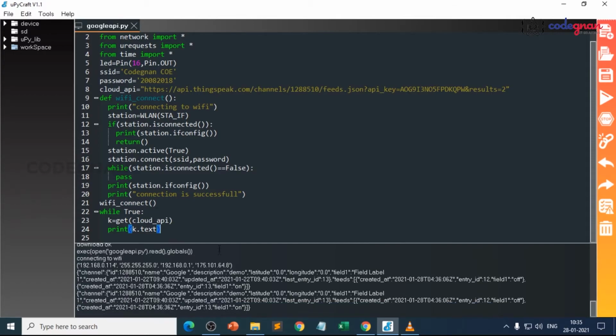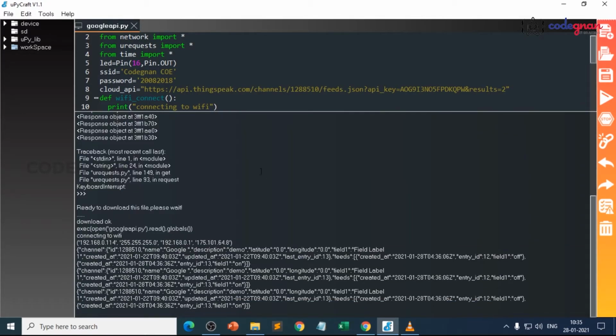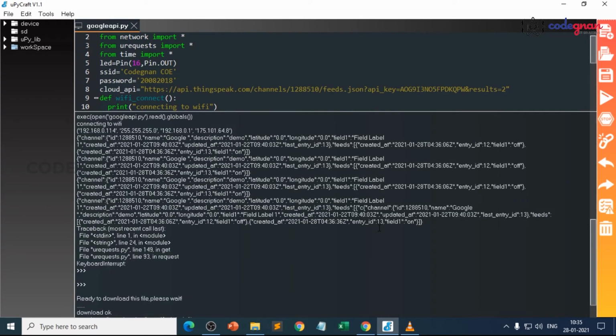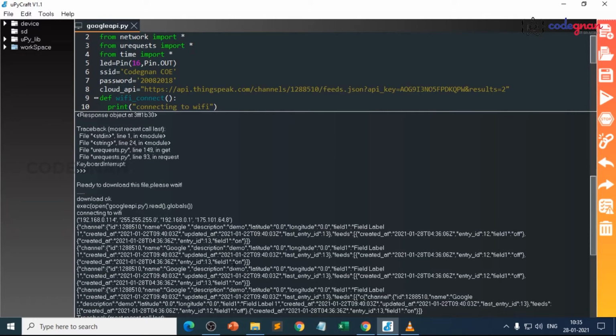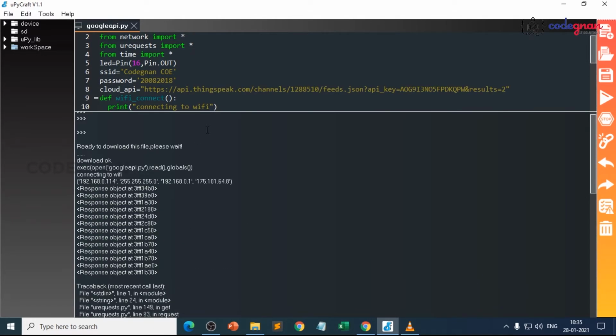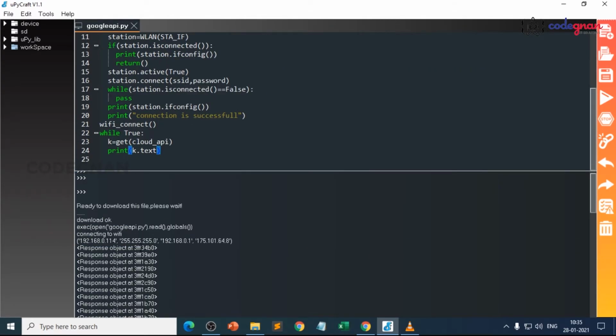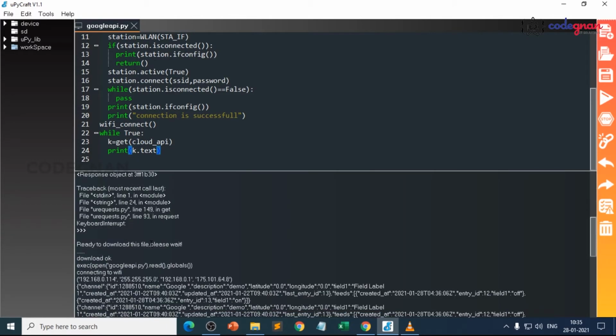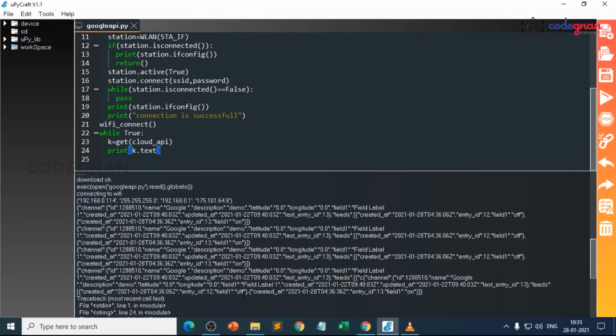See the difference: when we did not place k dot text, we get the response in this format; when we place it, we get it in this format.